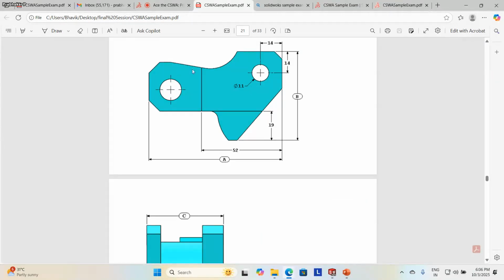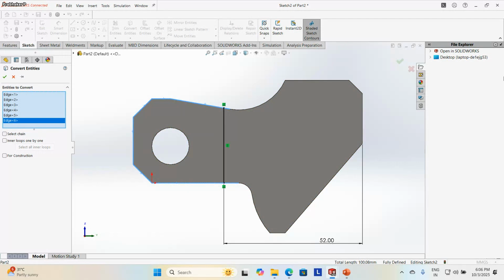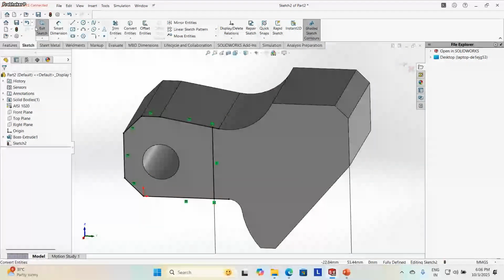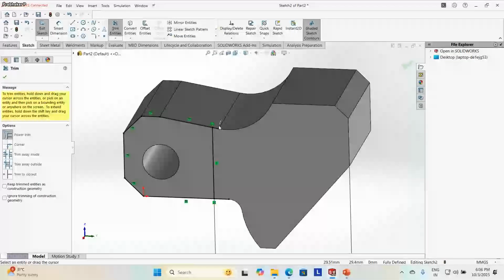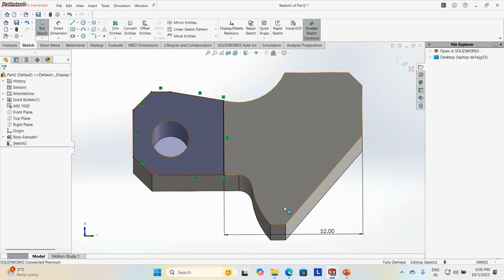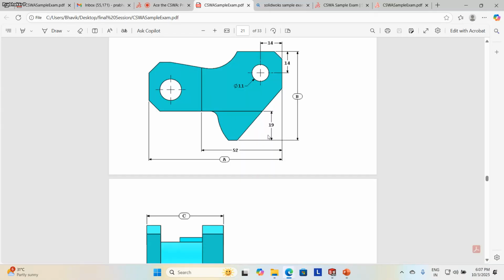So now I use the convert entities command. Select these edges and convert them into a sketch. Then the excess portion I'm trimming off. You can see here it became completely shaded. At the same time, I'm going to cut this portion also, this 19 mm.